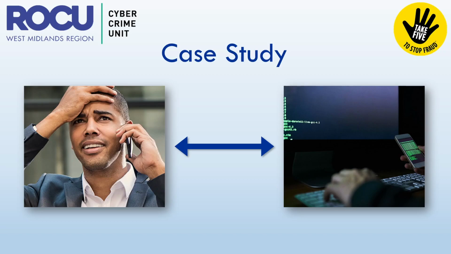And they told him after that they detected some suspicious activity. They also told him that he would need to provide new personal details, and he was informed that to process the change in details, he would receive a one-time password that would be texted to him through his phone that he would need to share with them over the phone. After sharing this one-time password, he was told the problem had been resolved. So a couple of days later, David logs into his banking and he discovers loads of new payees have been set up, direct debits, all of which he'd never authorized.